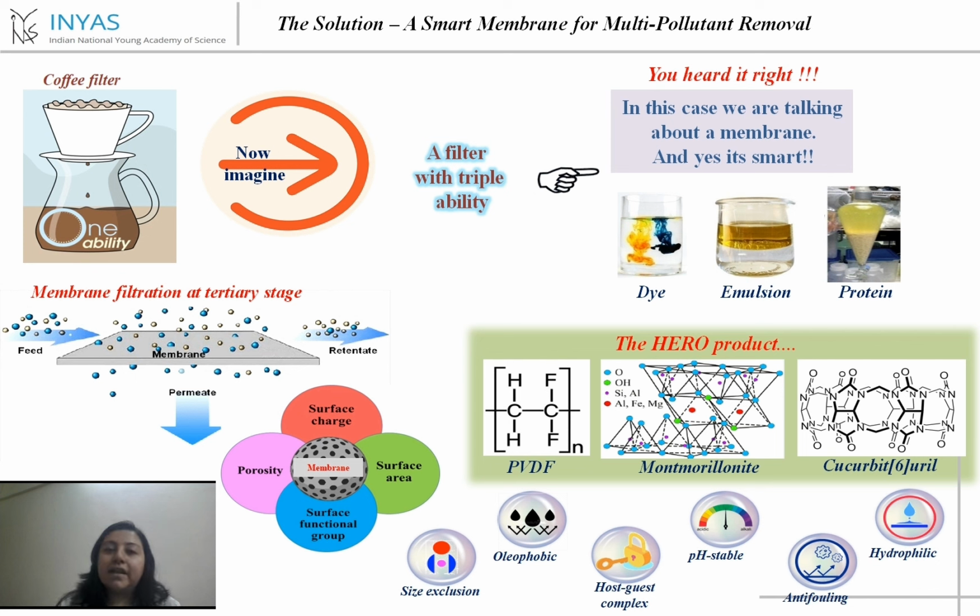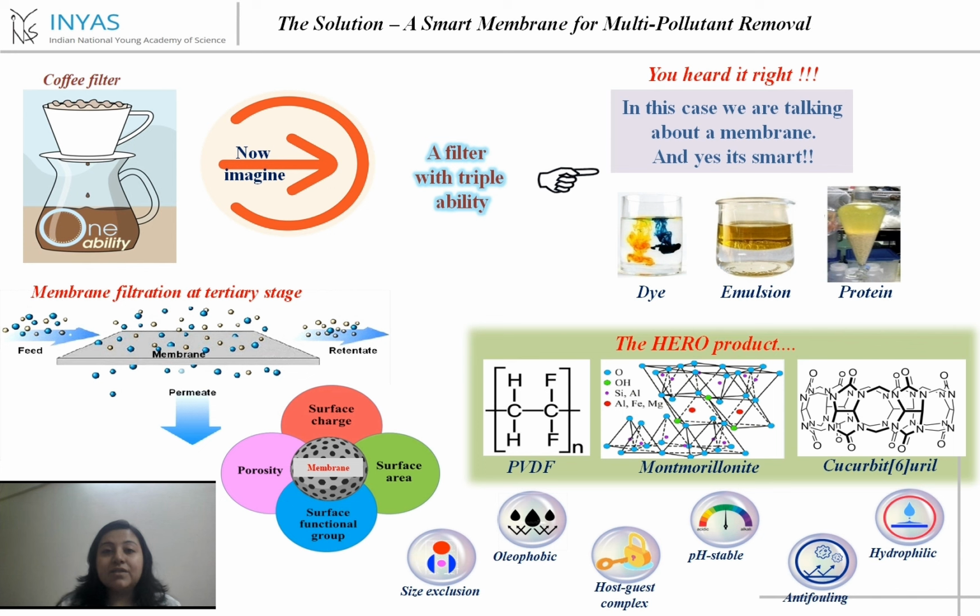So what we do is add montmorillonite, which is a naturally occurring flat sheet kind of clay. This helps in adsorption of the dyes. Also, it acts as a matrix for the attachment of the cucurbituril molecule. Now, cucurbituril, also known as CB, is a synthetic molecule having a pumpkin-shaped structure with a hollow cavity. It selectively traps cationic dyes instead of anionic dyes because of its surface charge.